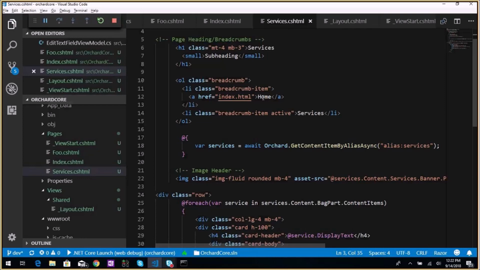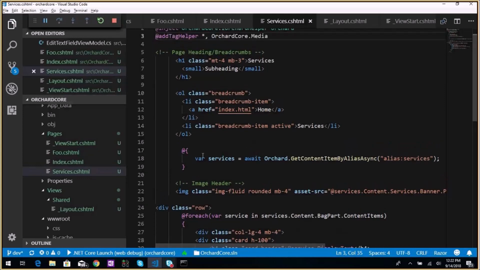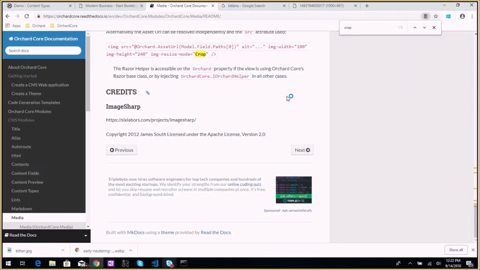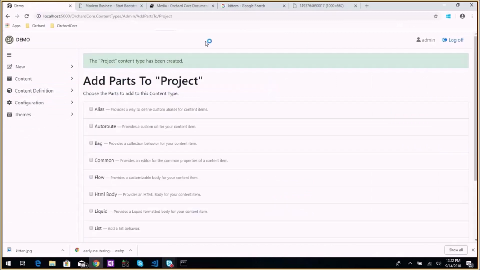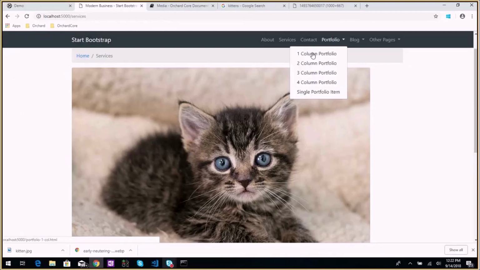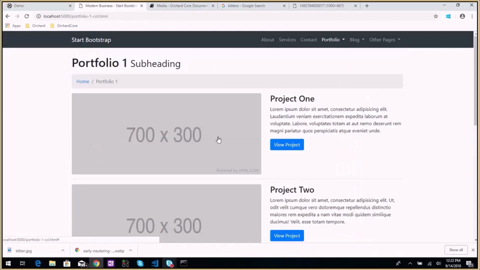It might not work as I expect because of that. That's so sad. So I will show you later. So I was going to do a new type called project. And what I want in the project, if I go to the portfolio,